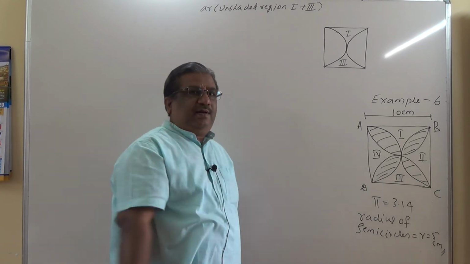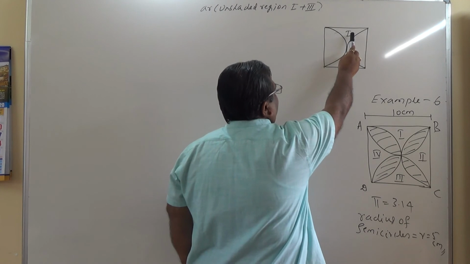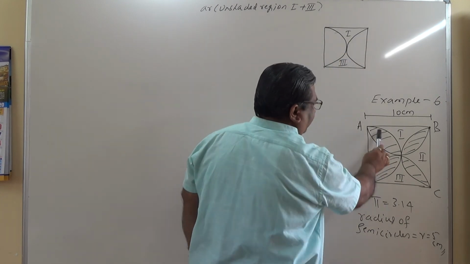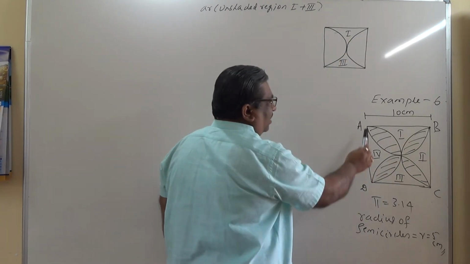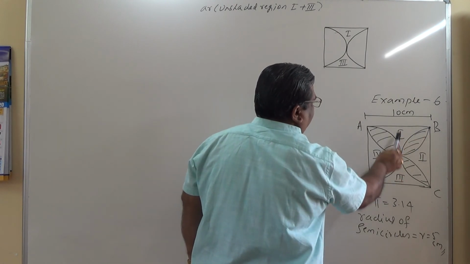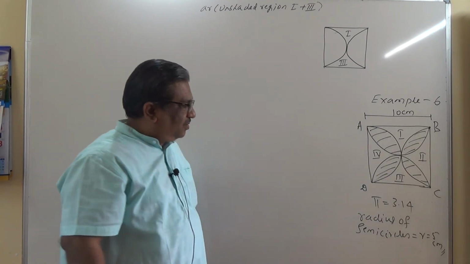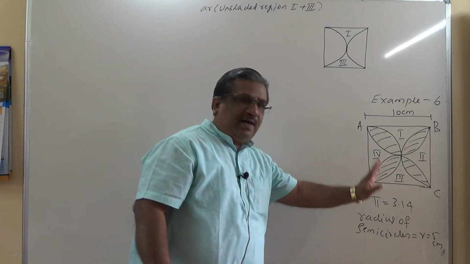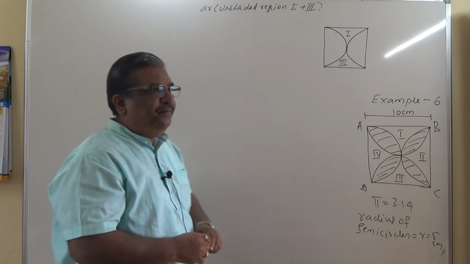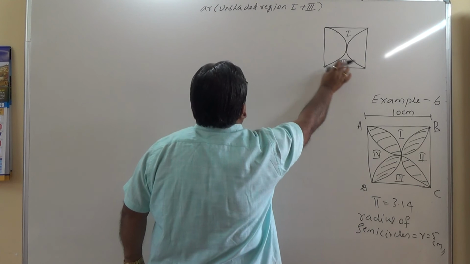There are 2 semicircles, so 2 times area of the semicircle. That gives me area of the unshaded region 1 and 3. What is the radius of this semicircle? If AB is the diameter, then radius is half of this, that is 5 centimeter is the radius of all these semicircles. So radius of semicircles is r equals 5 centimeter. Is it very clear? Now next, area of the unshaded region 1 plus 3 is equal to